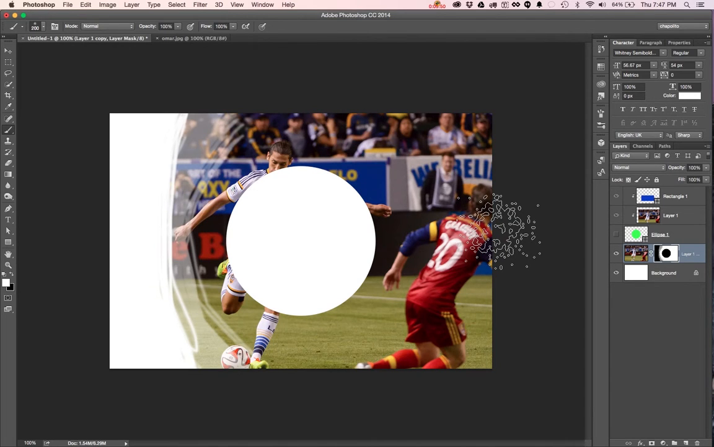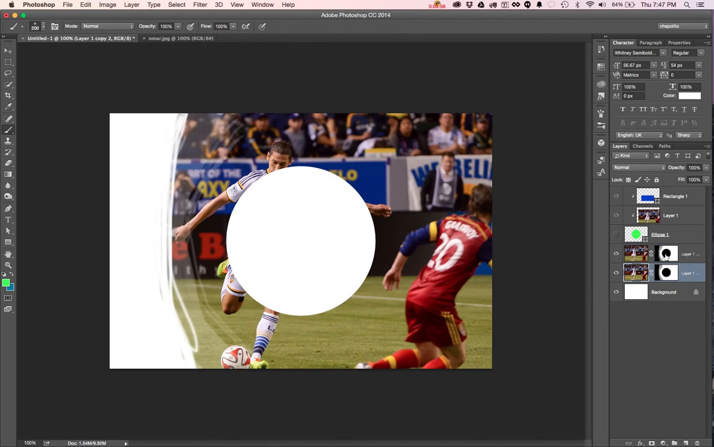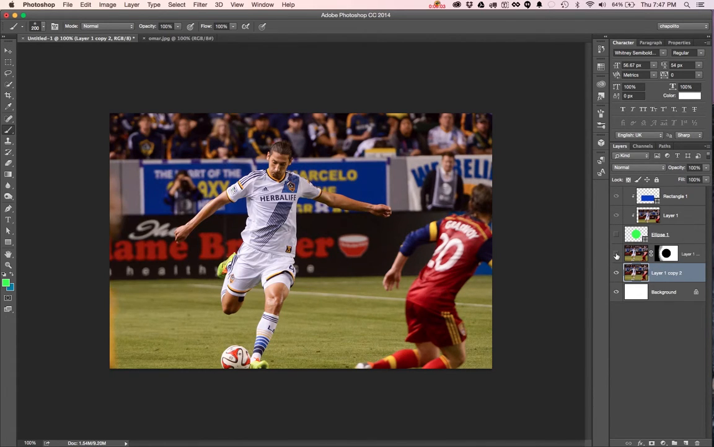Alright, so that's one way to create a layer mask. The other way, if you want to start with a shape, is to duplicate this so we can demonstrate. I'm going to right click on the mask and select Delete Layer Mask, and I'm going to hide this guy. Alright, so if we want to start with a selection, we Command click on the thumbnail